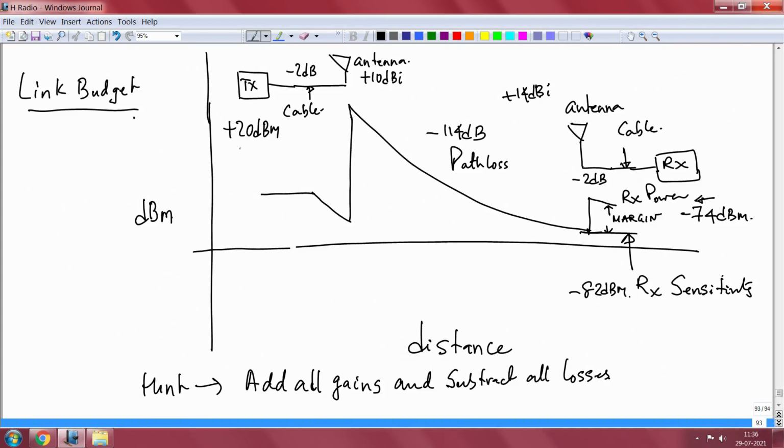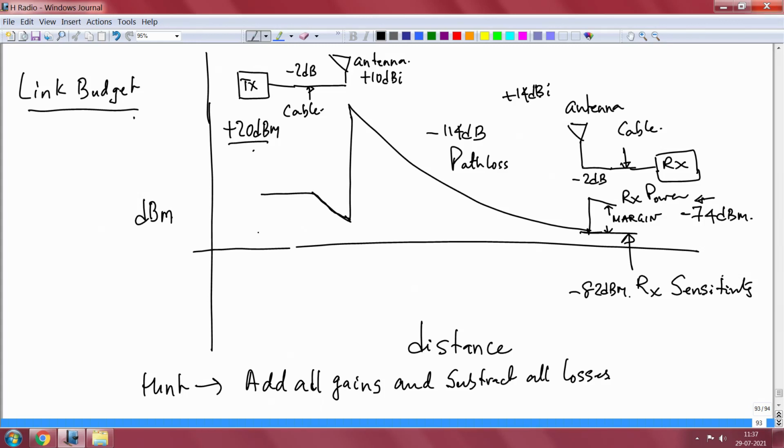Supposing you take a transmission of, let us say, plus 20 dBm. This is a random example, I just picked it up, it has nothing to do with Bluetooth or Zigbee or any of them, just a random example to drive home the point. So let us build the story. You have plus 20 dBm coming out from the power amplifier and it is connected to an antenna. Now there is a cable connecting to the antenna. This cable will introduce a certain loss, and that loss is shown in this picture as a fall.